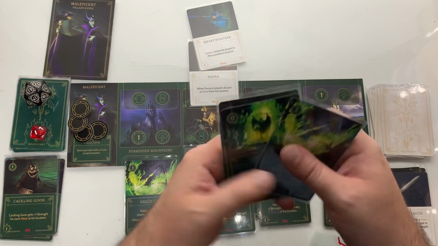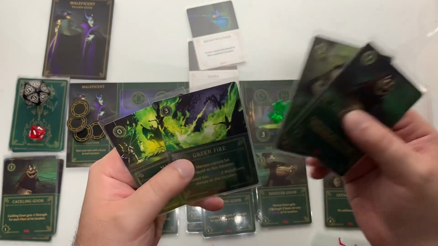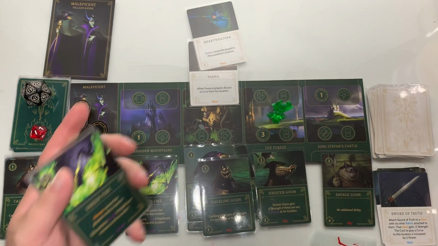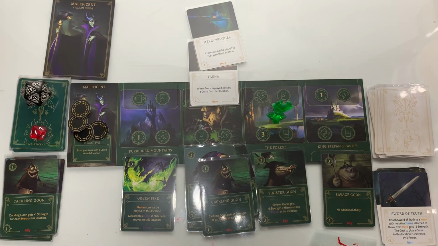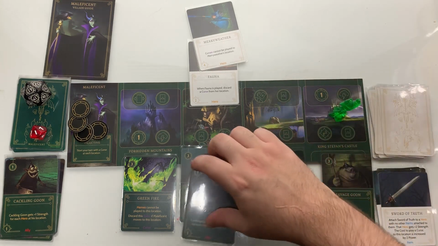Let's see what we got. Cackling Goon and a Savage Goon. And we still have this curse here. I'm just hesitant to play it because it'll limit where we can go, and we already can't go to one of the 4 locations. So we're going to move here, and we're going to move the Raven